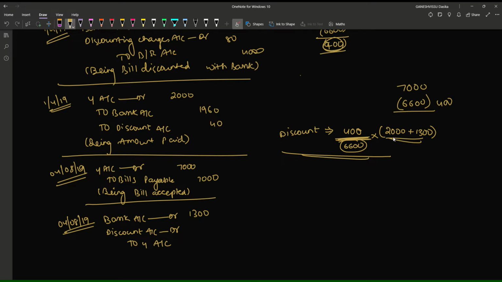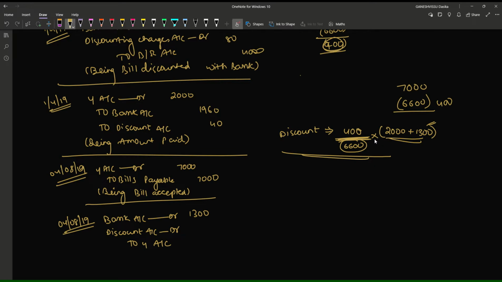Okay, 2,000 is the amount which has already been received by X. That means the amount which is already there with him, which is liable by X to Y. And 1,300 is the amount which has been received recently from Y. So this is to be discounted, that means it is to be